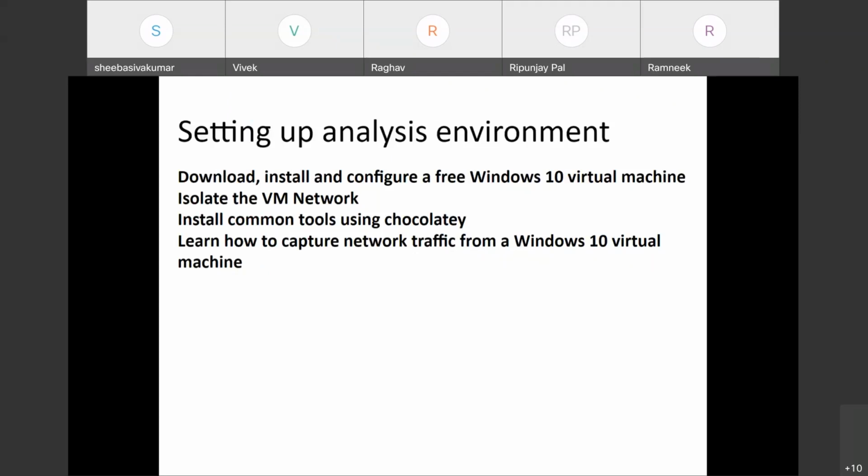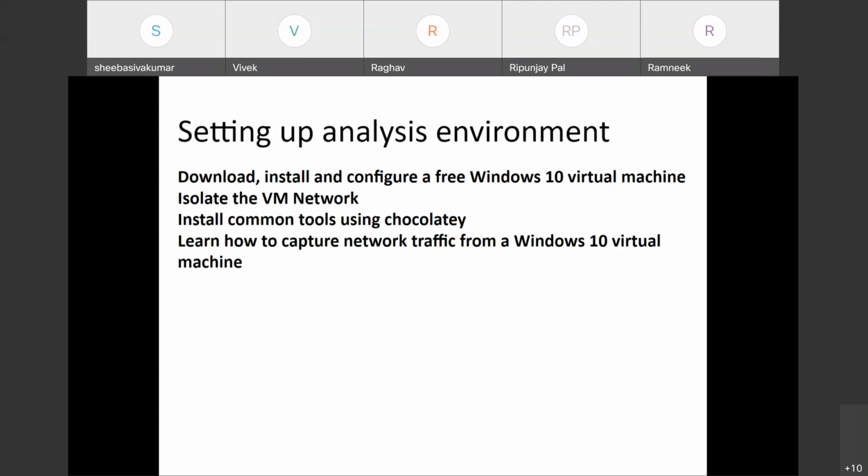So just to be safe, it's always recommended to perform the malware analysis in a virtual machine, and you need to isolate the VM network. Network isolation is also required so that your IP is not visible.